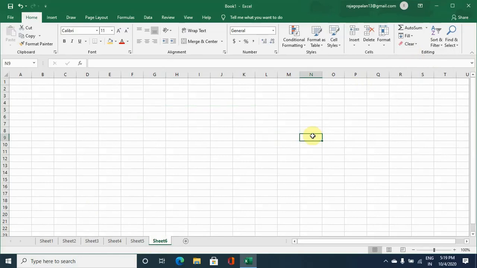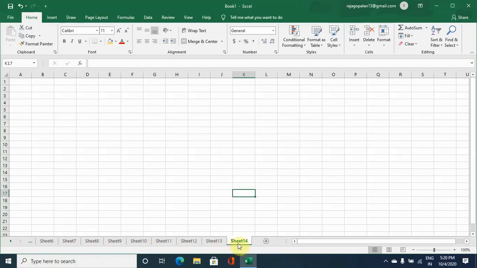So when you are working in Excel, we can move from one sheet to another sheet using the mouse. This is one option. Now say you have a larger number of sheets, more than 10, and you want to move from one sheet to another. You find a scroll bar here. If you click on this arrow, the sheets will move in the direction of the arrow.